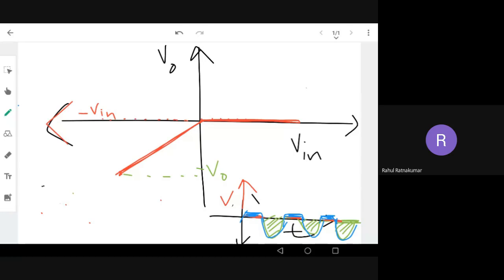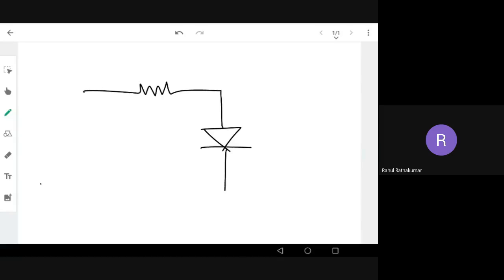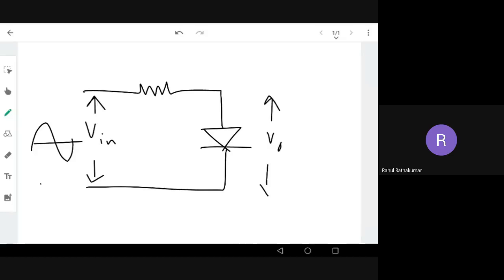Now we have to come back to the circuit. So I'm coming back to the circuit. I'll give you some time; you can try to think what the graph of this will be. I hope this is clear: the diode, the sine wave, and V in. We're talking about V out here, right? Consider the diode as ideal. You already got the output voltage; ideally the output voltage will be like this.